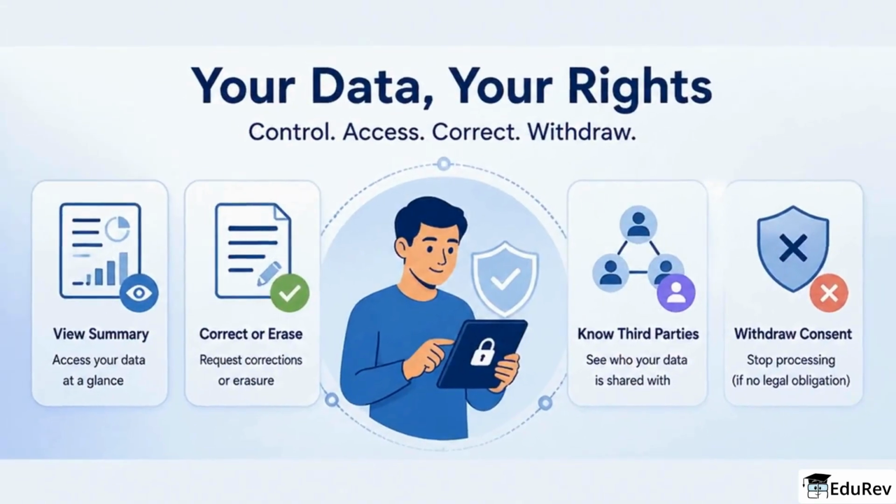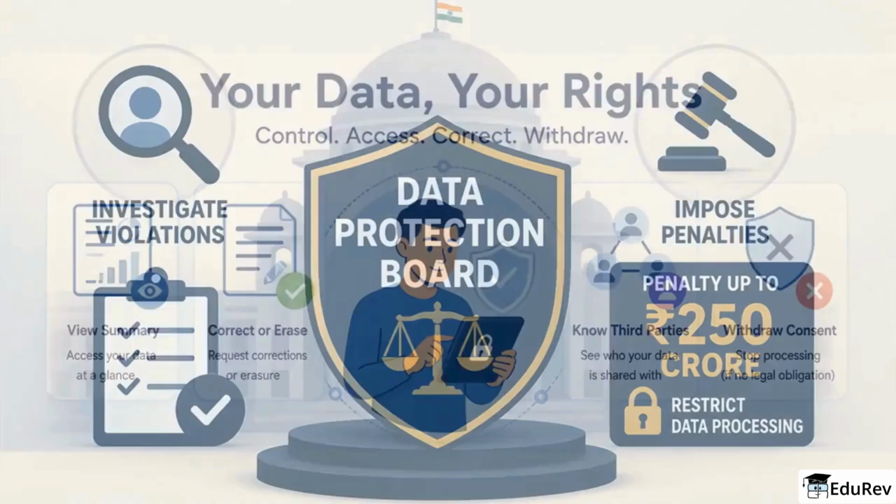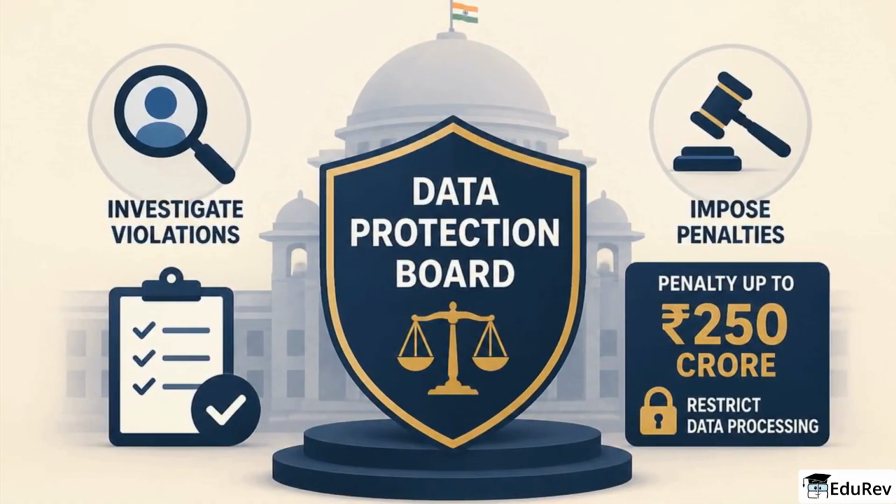Individuals can access a summary of their data, request corrections or erasure, know the identities of third parties with whom their data is shared, and withdraw consent, which halts further processing unless a legal obligation applies. A statutory data protection board enforces compliance, investigates violations, and can impose penalties up to 250 crore rupees or restrict